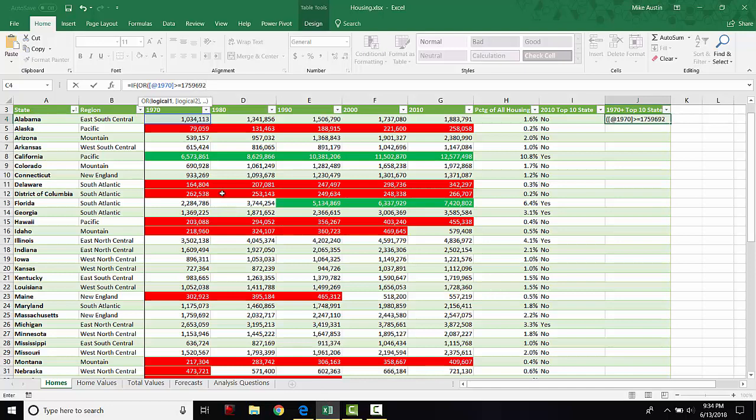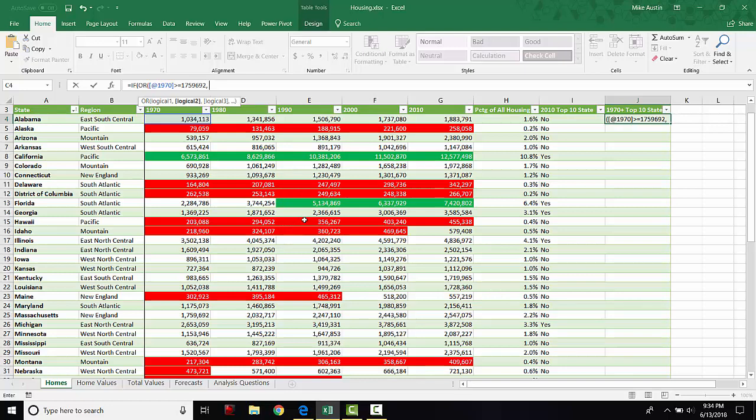So what that's testing is the number of houses or number of homes in Alabama in 1970 in the top 10 for all the states for this particular year,